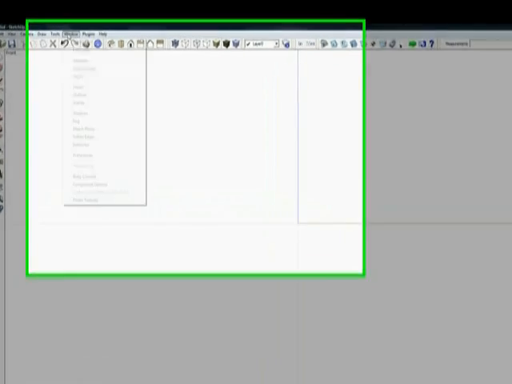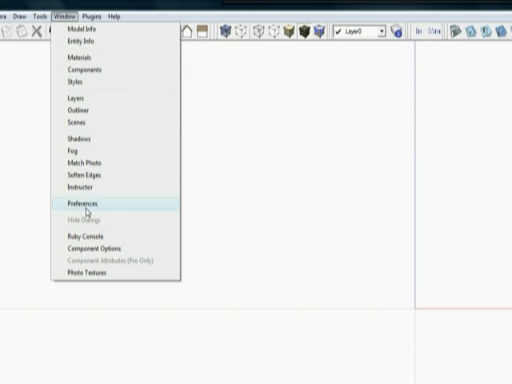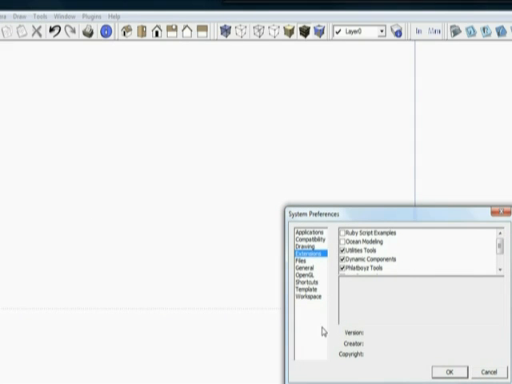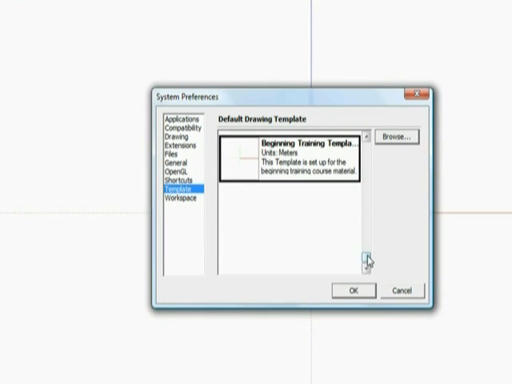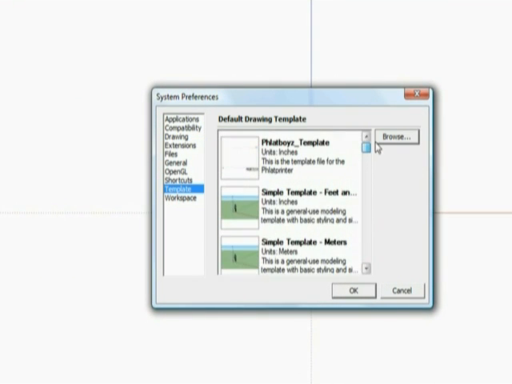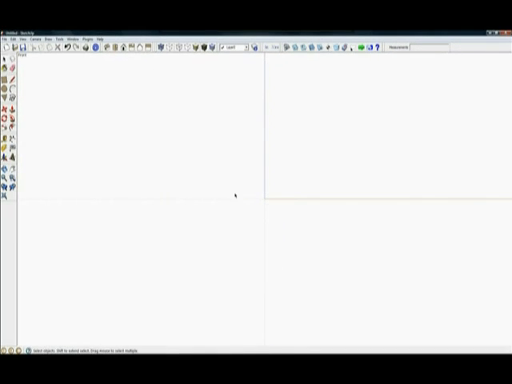Now, if we go into Window, Preferences, one of the things that we can come to here is our template. And we can select from a number of templates that SketchUp provides. We've even got our Flatboys template in there. And that's a great template. I'm going to go ahead and load it. I choose not to use it. For me to load it, I can see that it would have to be restarted